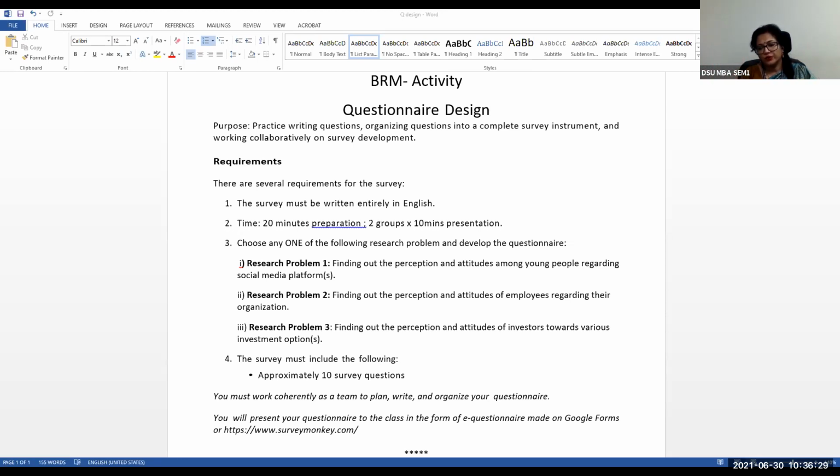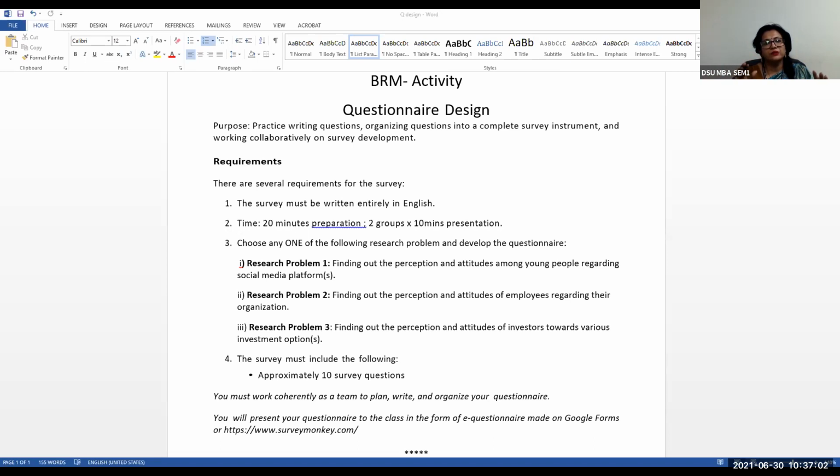The second thing that you want to do in this assignment is to get it ready to submit through either Google Forms or surveymonkey.com, which means you'll need some time to make that template ready with the 10 questions. And how should the template be ready? Like, for example, the link I sent all of you for the quiz the day before yesterday. So it should be ready in the form of a link. If you send that link to me, I should be able to open the questionnaire and answer, right?